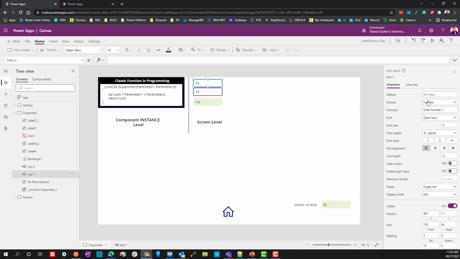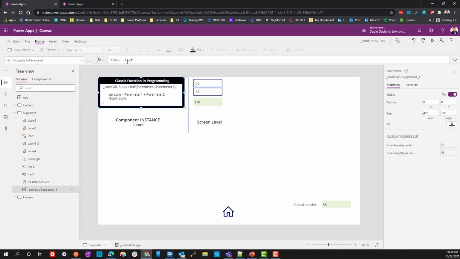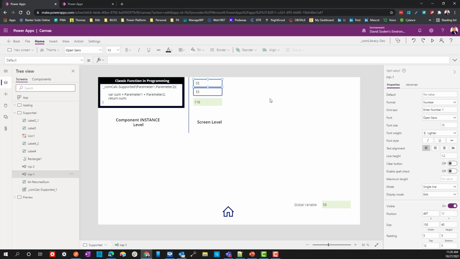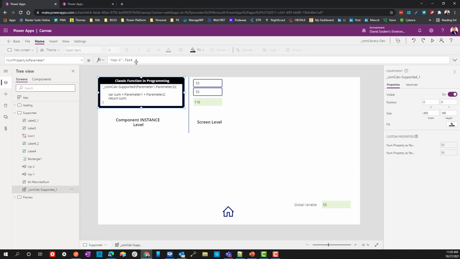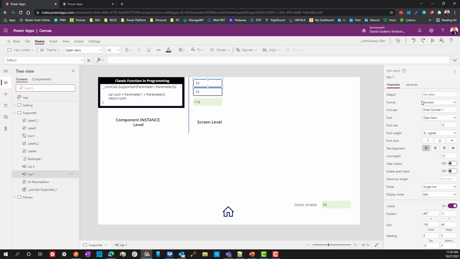Its default is text. So just know that if you configure it like I've configured it, but you didn't flip the switch on this input property to number, then you're going to have to take what I've got here and wrap it in a value function to convert the text into a number. But this input mask essentially is only going to allow numbers, so there will never be any text allowed anyway